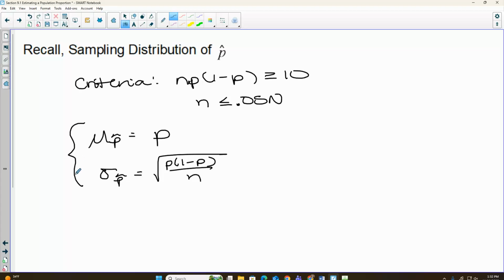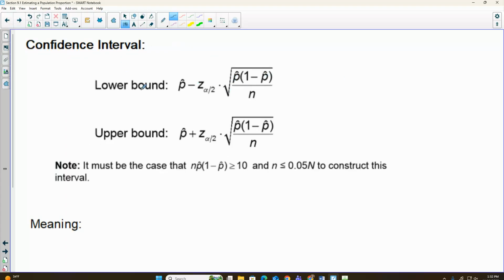All right, I'm going to show you how to create a confidence interval by hand. Most of the time we are just going to rely on our calculator, but I want to show you both ways because I think it is helpful. You get a little more understanding when you're actually plugging things into the formula yourself. So, the formula to find our confidence interval. The lower number would be when you subtract, the upper number would be when you add. Z alpha over 2. So we'll talk about that alpha in a second. It has to do with our confidence level. The square root of p-hat times 1 minus p-hat over n. So it's kind of like that standard deviation built around the p-hat. That's what we're adding and subtracting.